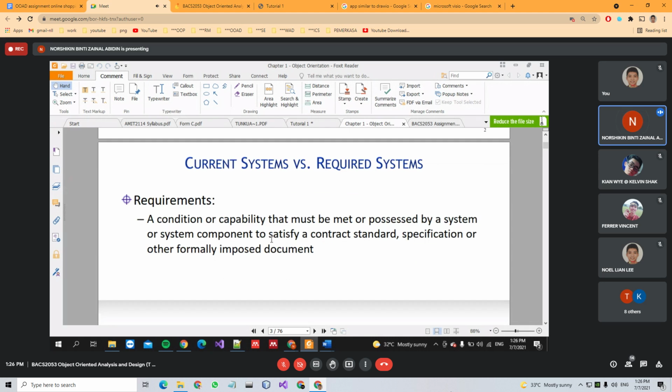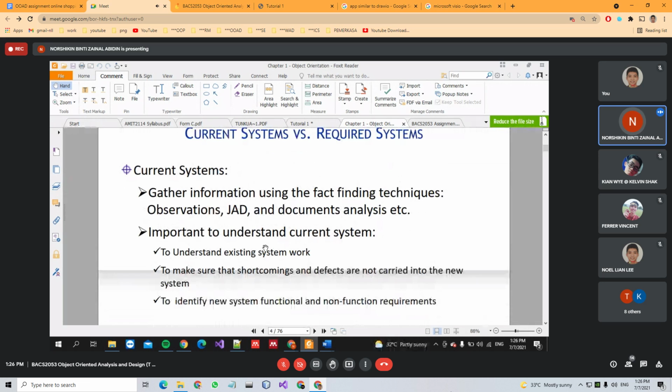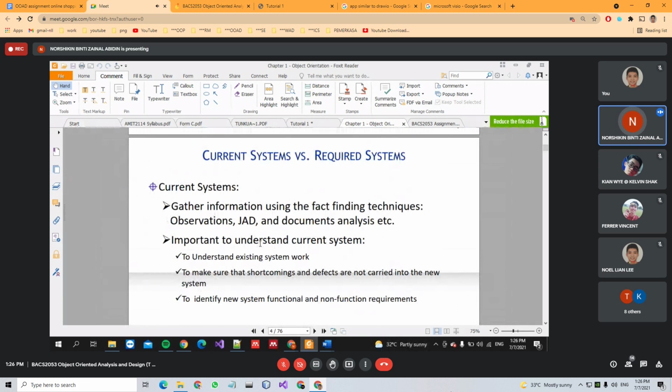And then here is the current system versus required system. Current system is what we have, the existing system. Required system is the new or proposed system. So the current system gathers information using fact finding techniques such as observation, JAD and